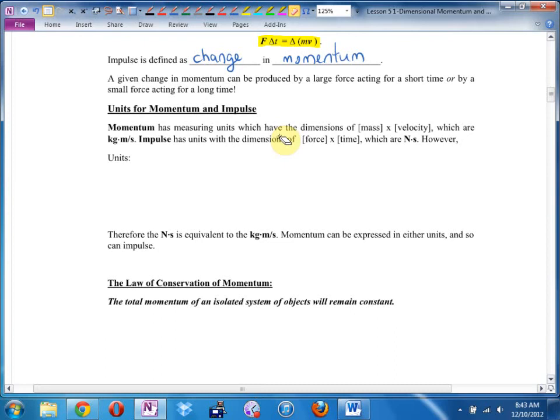Units for momentum and impulse. Momentum has measuring units, which are mass times velocity, kilogram meters per second. Impulse has the units of force times time, which are Newton seconds. However,